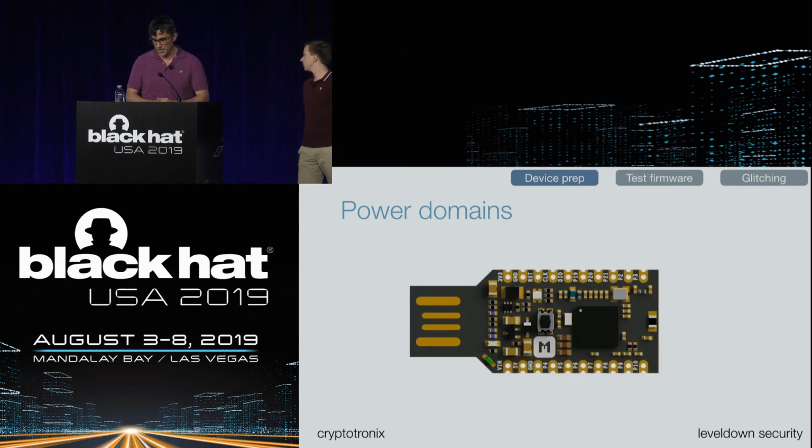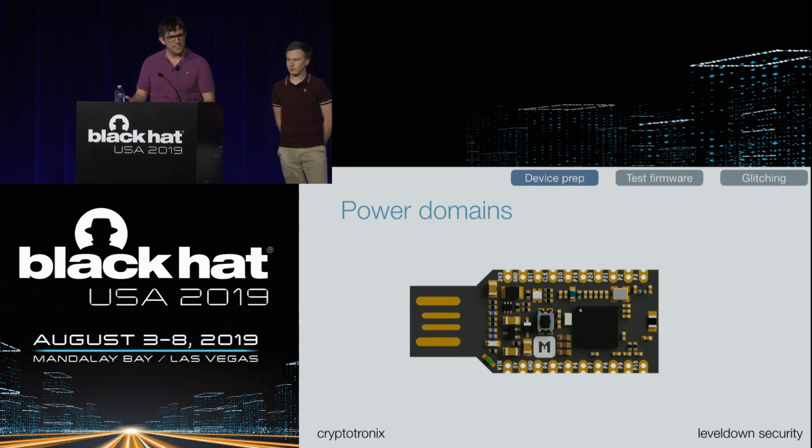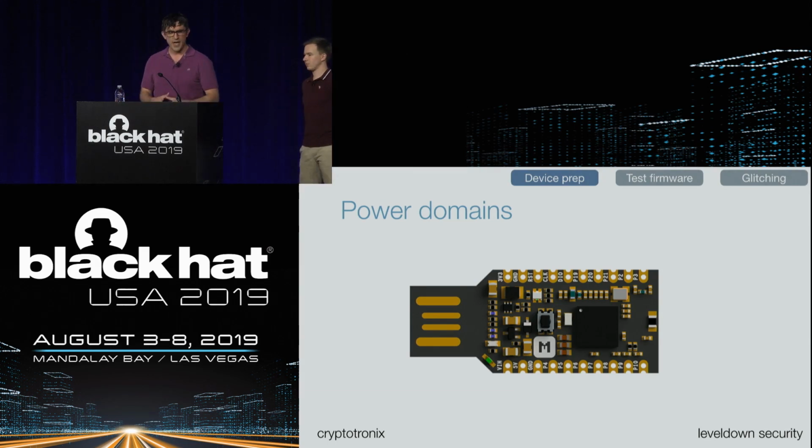So we're sticking with the NRF example. This is just the NRF52 on kind of a breakout board in a slightly productized form. And again, we've looked at the data sheet. The method is look at the data sheet, get some information. We know there's external capacitors that we may want to remove to get better access. So all those things in red are those external capacitors. They're in the way. We want to get rid of those.